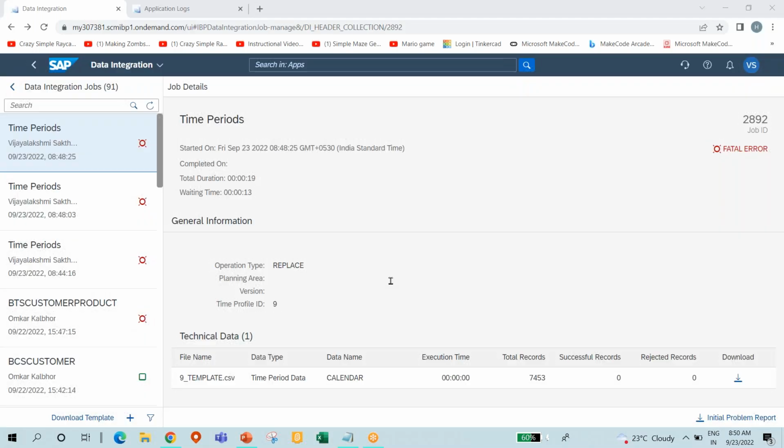So let's say that we have fixed this error and we have successfully logged into the system. Then all the data that we have to see, for example in terms of master data, in terms of transaction data, the system will be all blank. So what SAP has done is